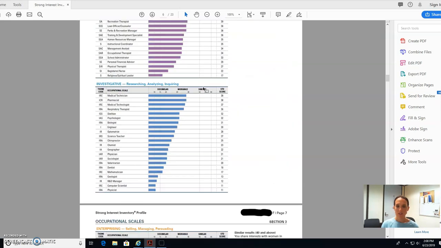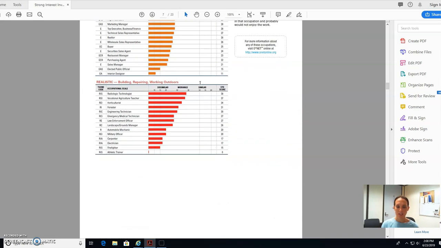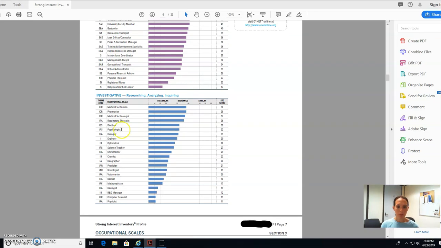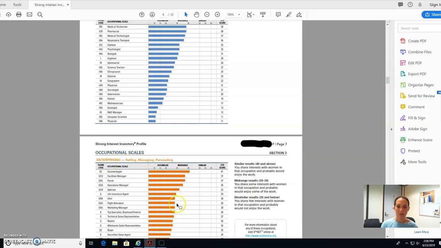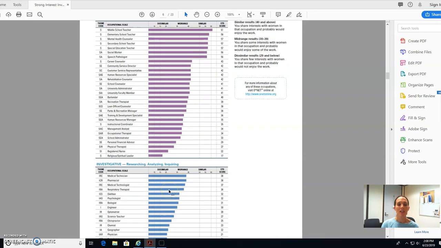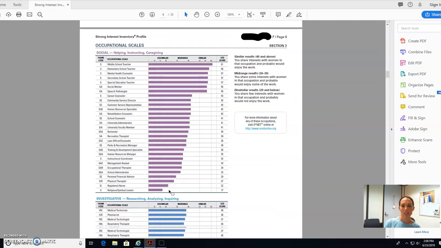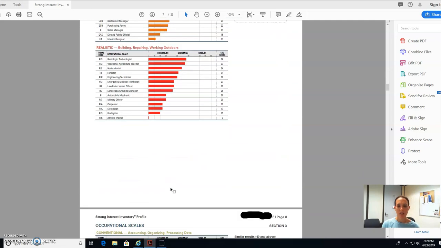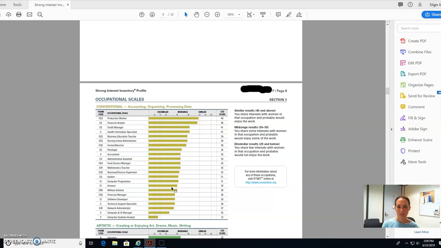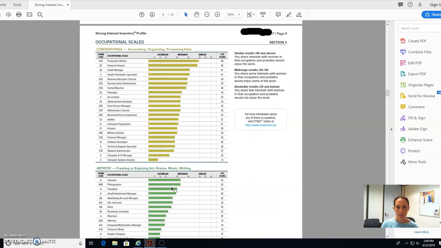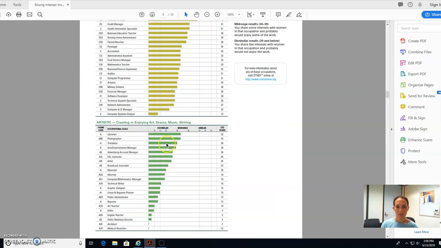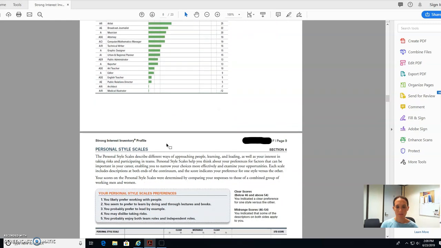So again, it breaks it down from highest to lowest. Does that mean don't pursue anything in this mid category? Absolutely not. It just means, hey, research it a little bit more. This is, again, just information gathering. Here we go. It breaks it down by different areas. When we get to page 9,